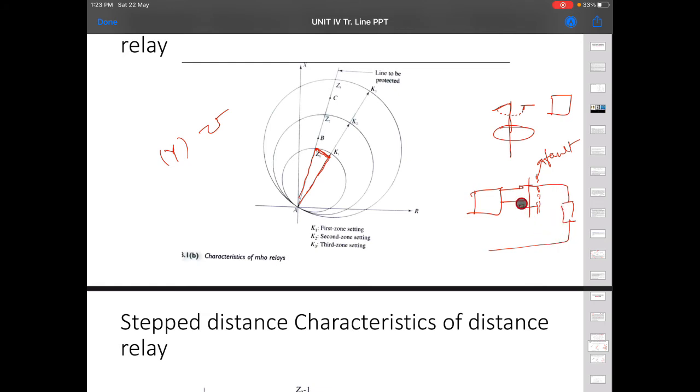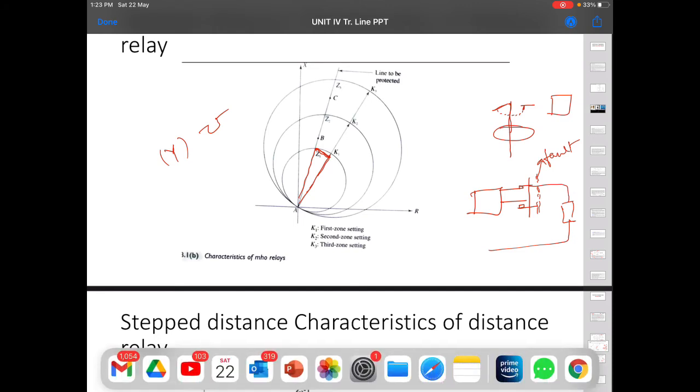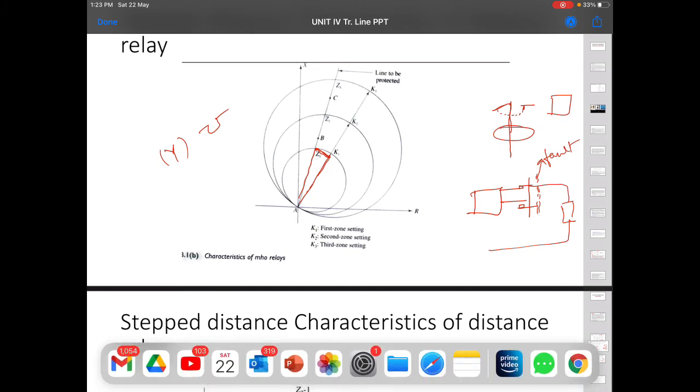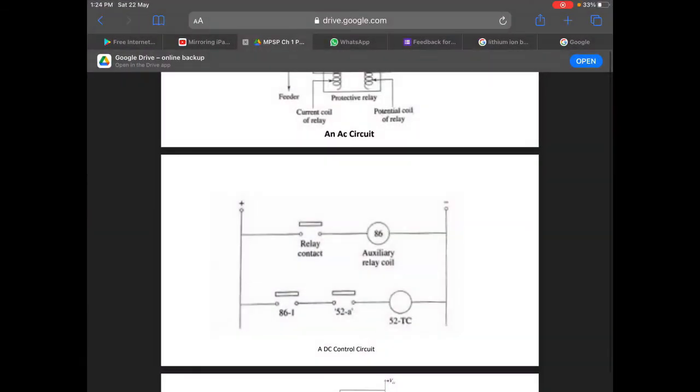And why is this contact made now? Once this is lifted, when there is a fault, and it makes a contact here, you need auxiliary contacts. Why do you need auxiliary contacts? We have already seen this, I am just revising it. To make the alarm, or to give an indication or something like that. I hope you know this diagram. When this makes a contact, it gives a signal to the tripping coil that it has to trip.